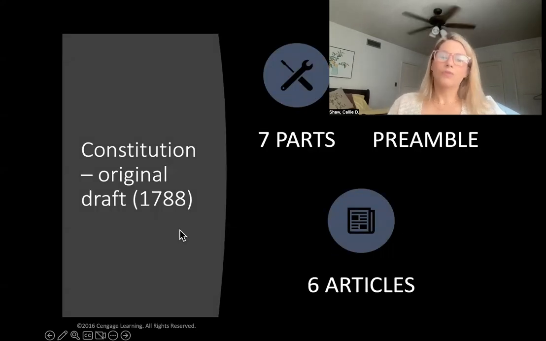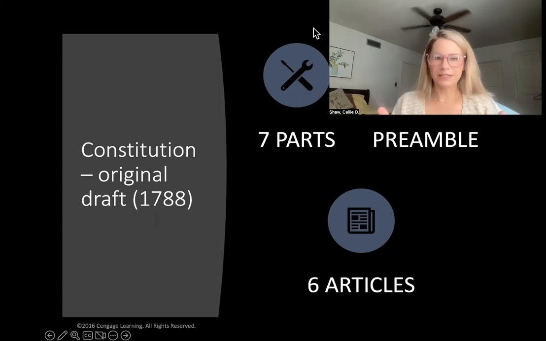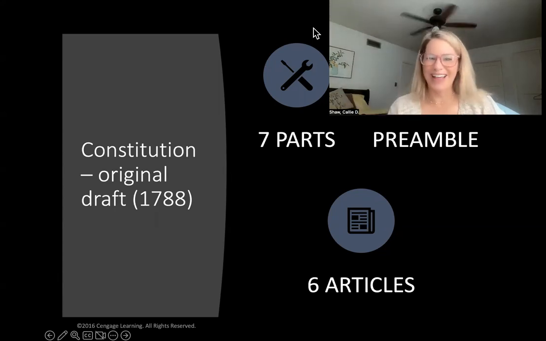So ultimately, the original Constitution, and what you should be asking is, what do you mean original? I'll get to that. The original Constitution had 7 parts, a preamble, meaning like an introduction, and 6 articles. That was it. And when the founding fathers came to the colonists, they had to get them to approve it. And every single one was like, nope, nope, not just no, but hell no.